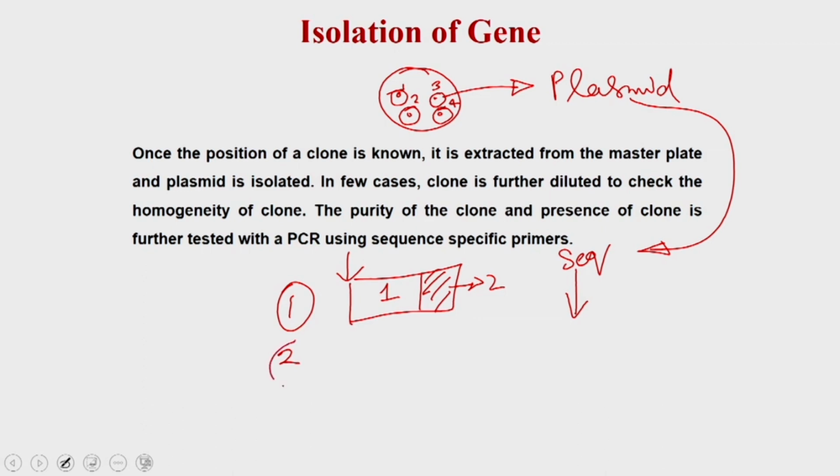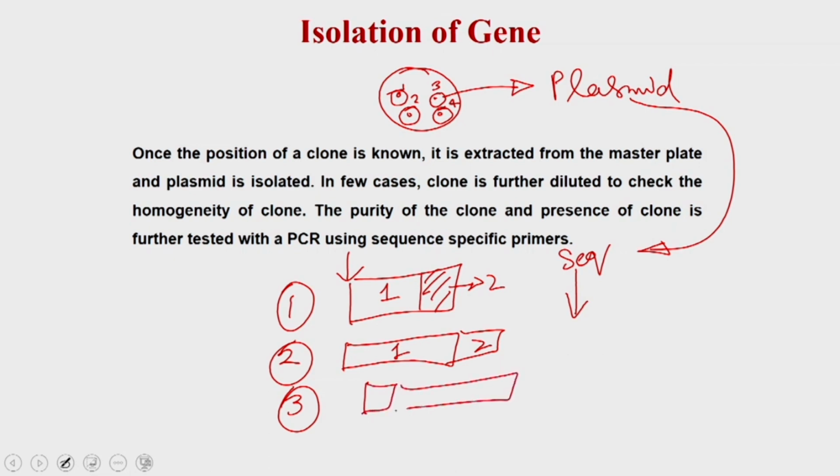Now, for the clone number 2, what will happen is that you have the full 1 and you have the small portion of 2. Now, for the clone number 3, you may have a small 1, small 2, and for clone number 4, you may have both of this 1 and 2. So, in these cases it is very difficult to decide whether the gene of your interest is 1 or whether the gene of interest is 2,